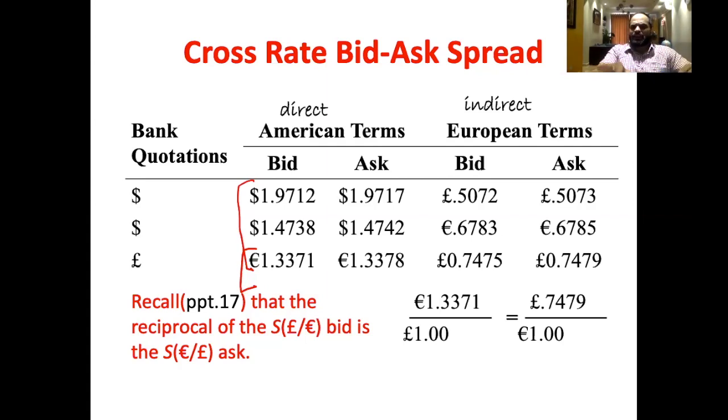But they didn't mention any kind of this table. They simply tell me that this is the exchange rate. Sometimes when you go to a bank, they give you exchange rates. Most of the exchange rates are cross rate spreads, right? As far as I know, whenever I go to a bank and look